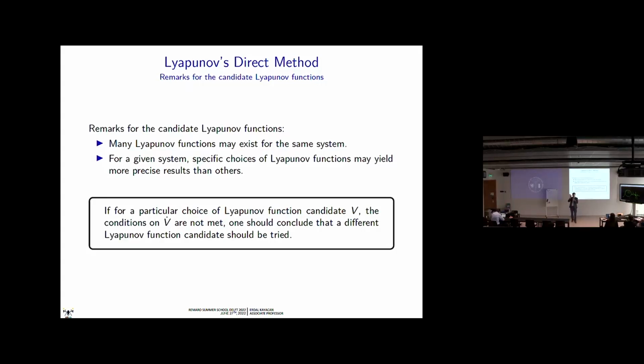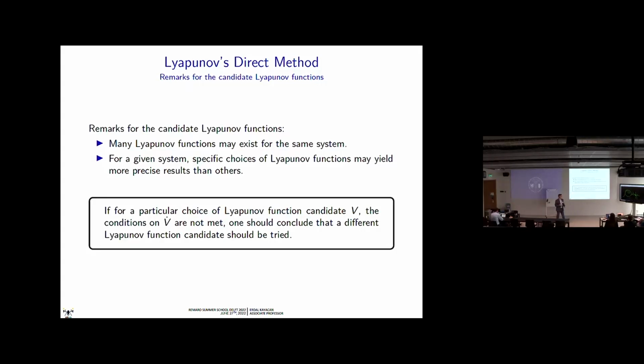So you choose a Lyapunov function, and then you make a comment, for instance. You say it's stable in the Lyapunov sense. But who knows, maybe it's also asymptotically stable, and maybe you couldn't suggest the correct function, right? So there is a possibility that you couldn't suggest the correct function. So different Lyapunov functions may bring you different results. But of course, you want to find the strongest definition, which is